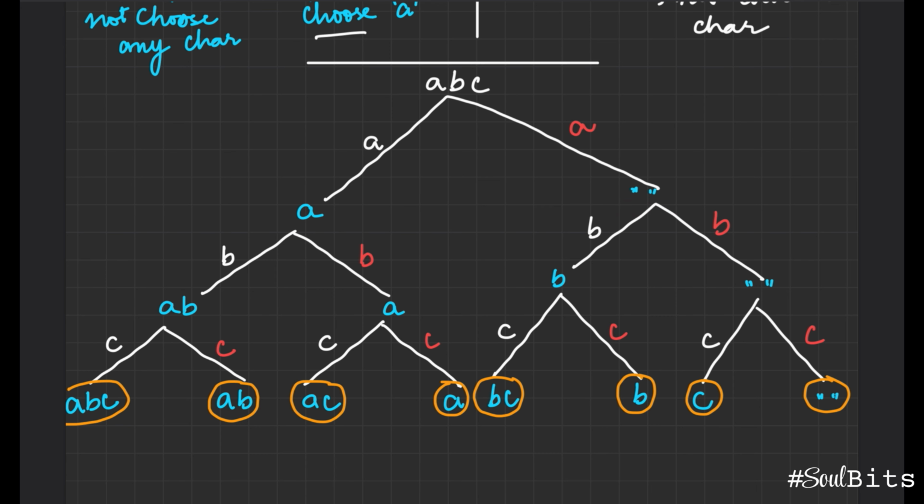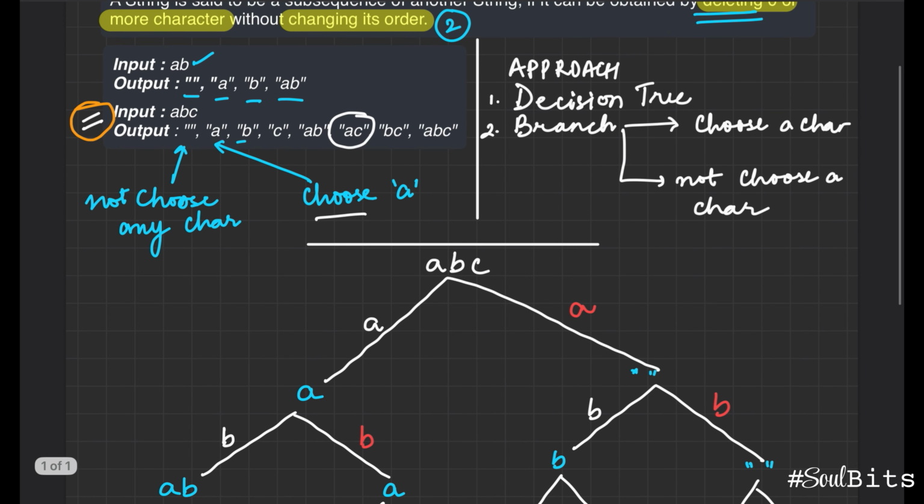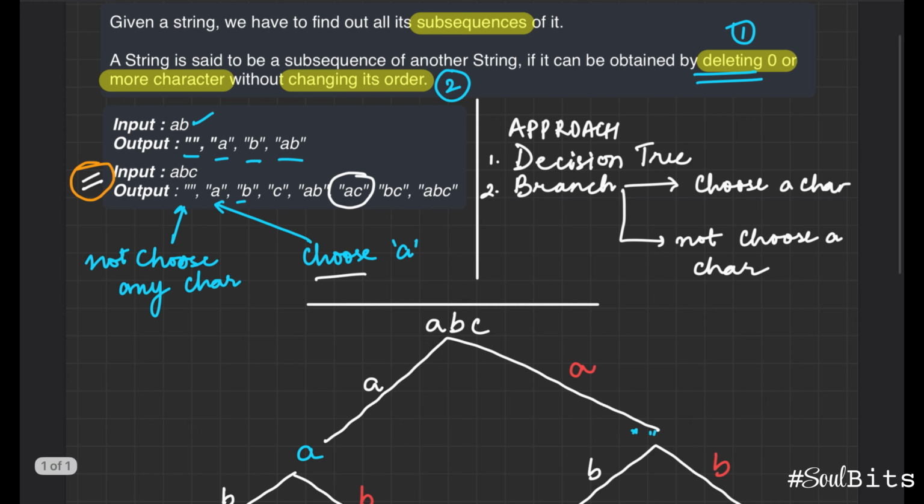Similarly, if you look onto the right, for A, when we choose B for the next result, AB will show up in our intermediary node, and on the right, B will not show up. So we'll just have A. And when we keep going down, we have this tree created where the leaf nodes create the result that we want. So all good. We understand the binary decision tree that we created here. We understand the question, and everything is good and rosy here. But how do we transform this into code?